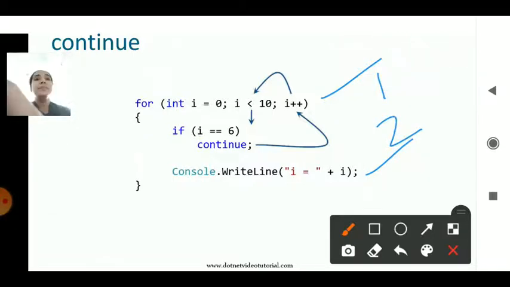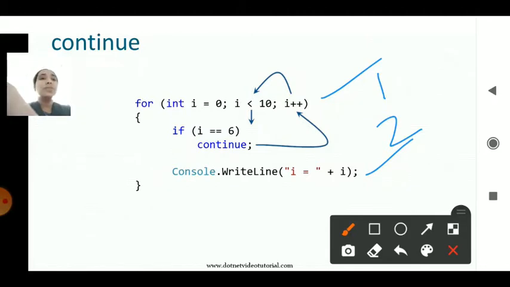So I take a break, and once again I can continue from somewhere else. Break and continue can be considered in a single program only. I take a break from that particular loop and continue from the same section after some time. I'll take a break from 6, print some other statements, and once again continue from that particular section. That can be done. So the examples we have considered in both sections can be combined in a single one, where I may print some other statements in between, and then use the break and continue statements.